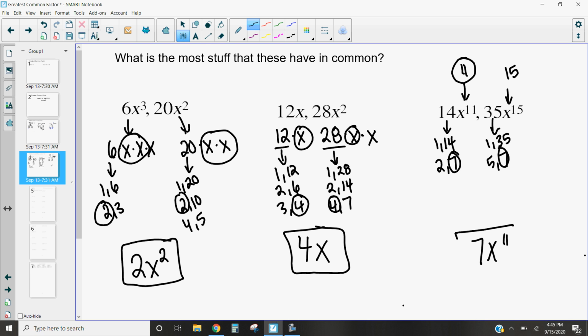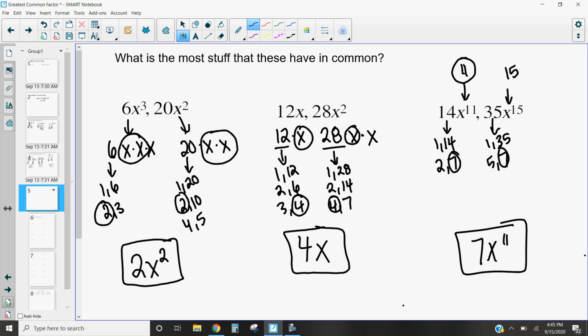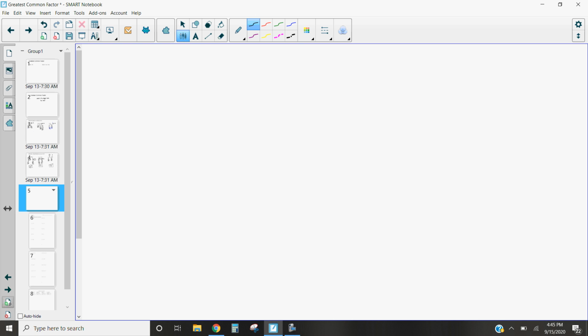So the most I can pull out here is a 7x to the 11th. Now, we're going to talk about how we find greatest common factors of polynomials. So when we're looking at these greatest common factors of these polynomials, what we might end up noticing is that these numbers will vary. So say, for example, I have the polynomial